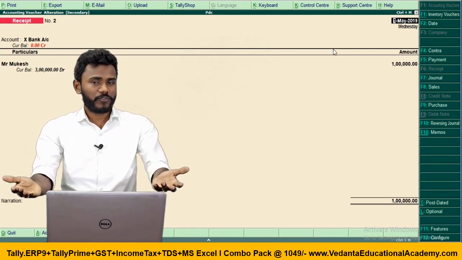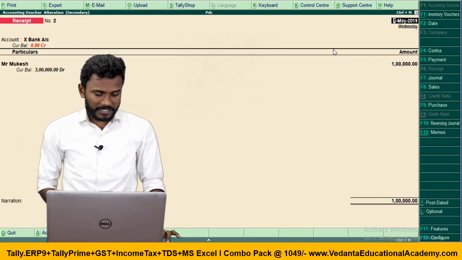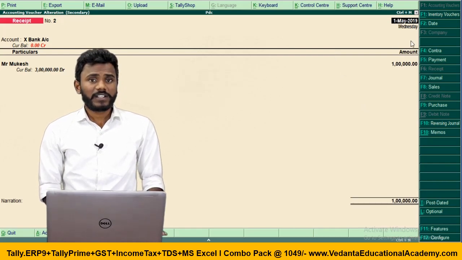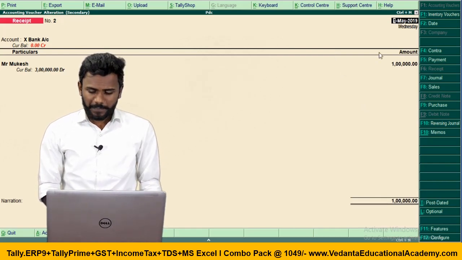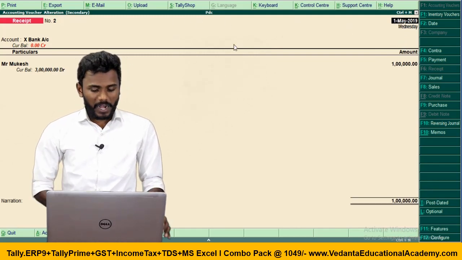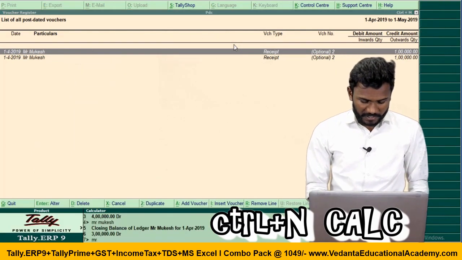On a pending voucher, if you press Ctrl plus T plus L, it converts into regular and directly save the voucher. Once again, on 1st May, the check was cleared. So open first PDC, change the date of activity and just make it regularize and directly press Ctrl plus A. After converting, if you open the calculator and type the name Mr. Mukesh, now if you want to see that,